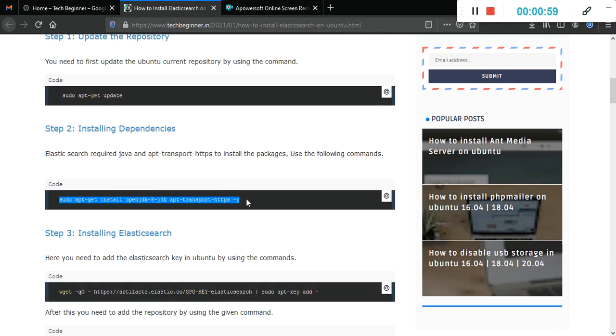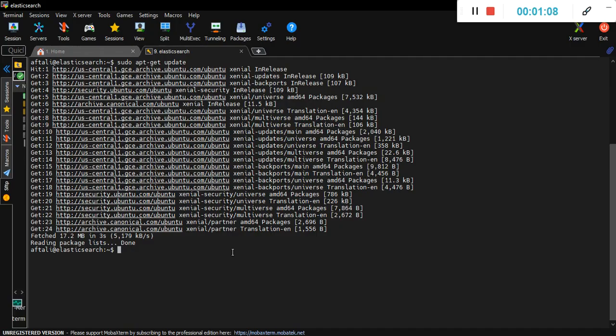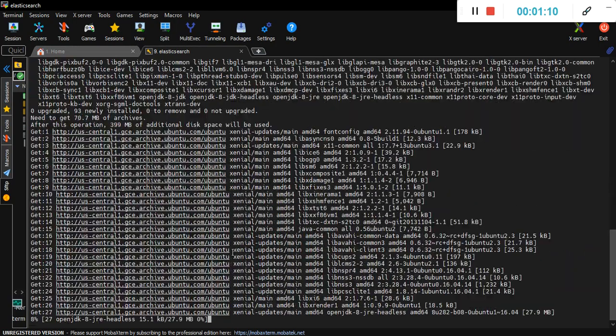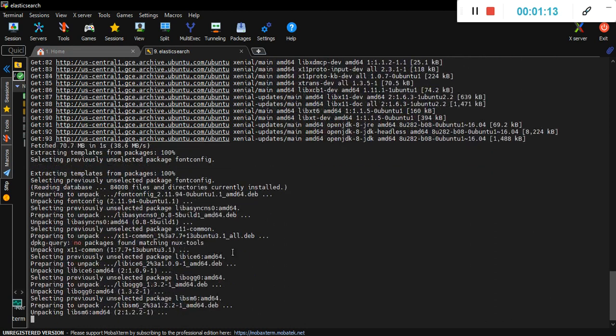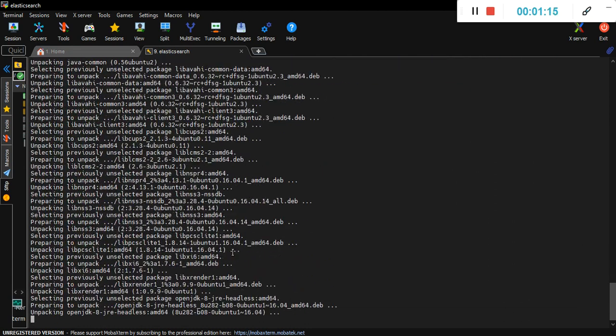For dependencies, we need to install Java JDK and the apt-transport-https package. So just copy and paste here, and this will take a few minutes to install on your Ubuntu machine.